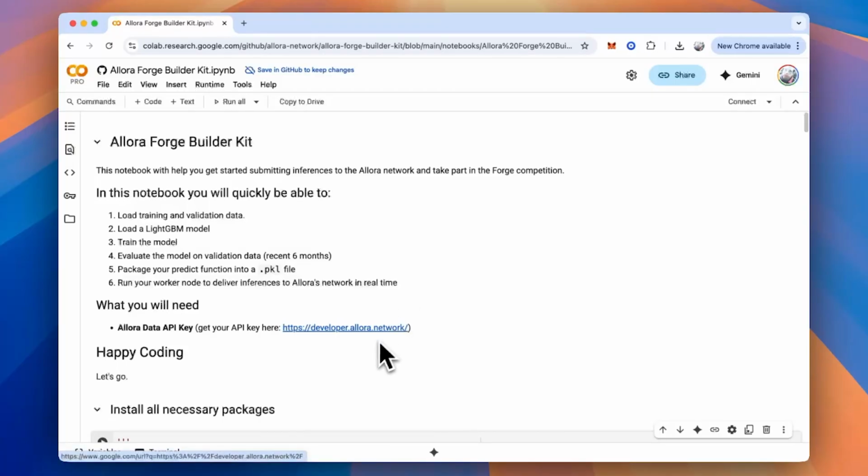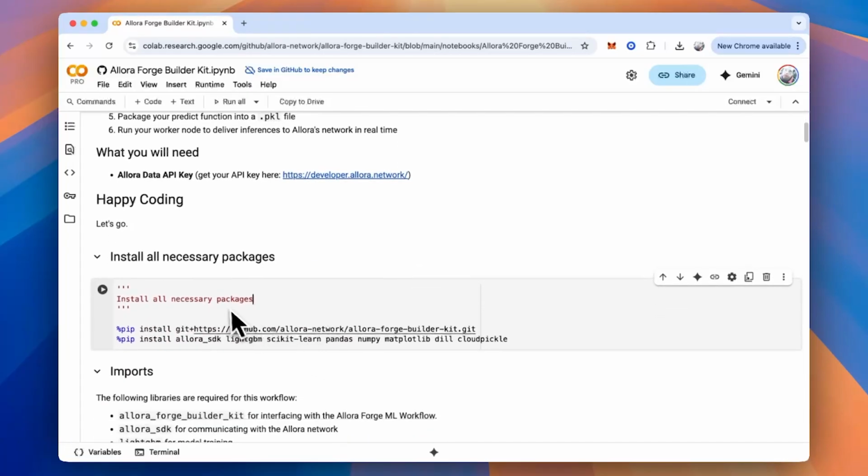One thing you're going to need is an Allora data API key, which you can get by following this link and registering and creating your free key. So let's go. The first thing we're going to want to do is